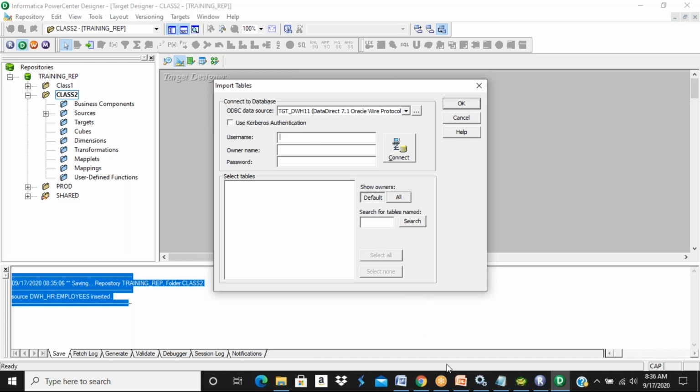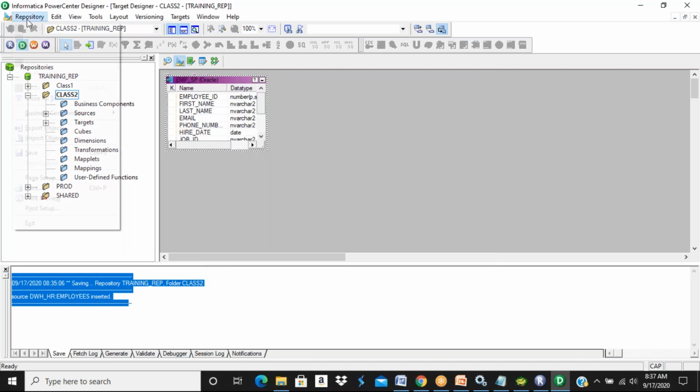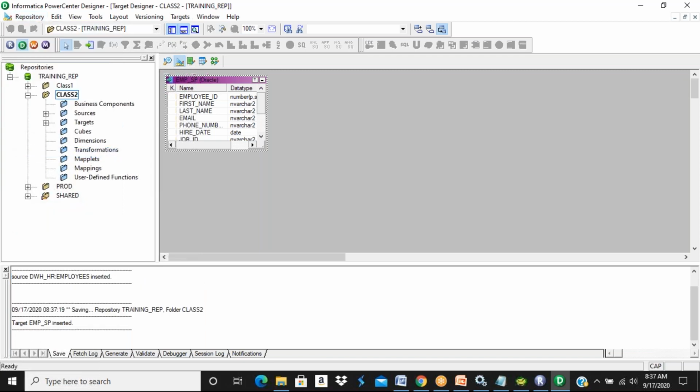So give the credentials. In real time they will provide these, right? This username and password and ODBC, everything will be configured in our system as they have given. Yes. Okay. So you can see here, it has connected to DWH underscore TGT11. And this is the table structure I require, right? Click OK. Whatever code you develop in client components, you need to save it. So your source is ready, your target is ready. So what will be the next step? The next step is you need to create a mapping. So how to create the mapping? Guys, just hold on, please.